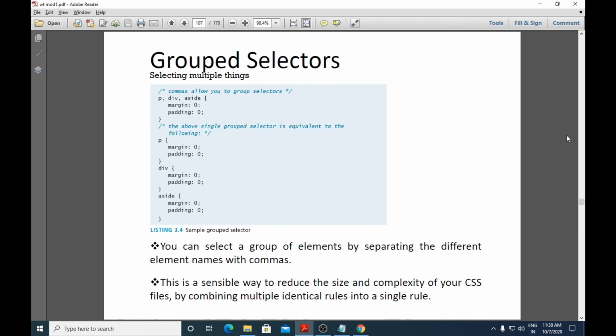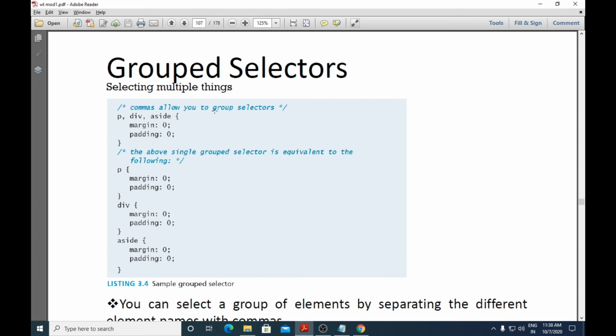The next type of selector is known as a grouped selector, where you can group selectors together and then specify the style. For example, here they are selecting more than one HTML element at once.